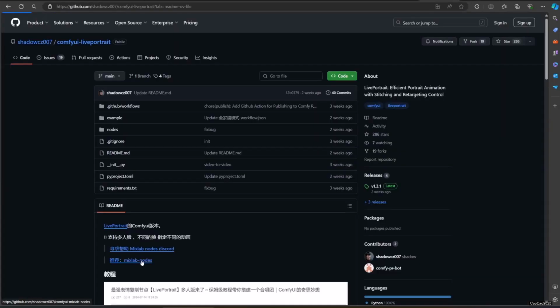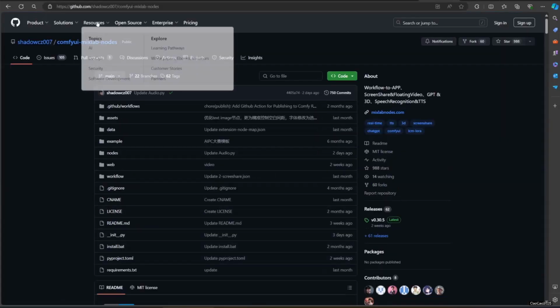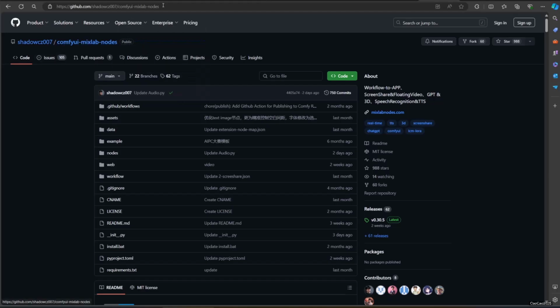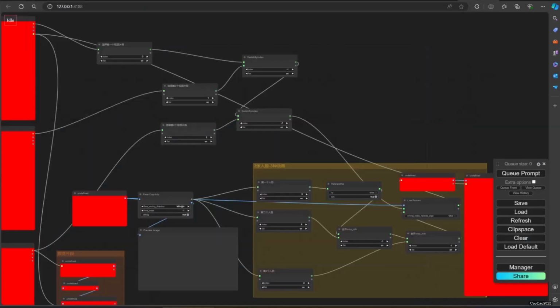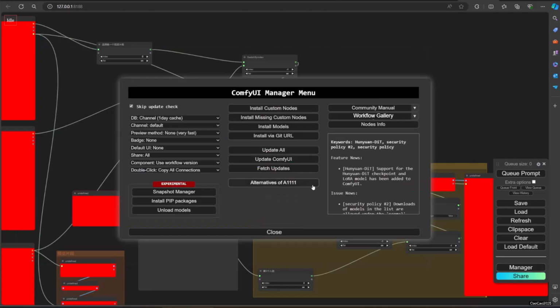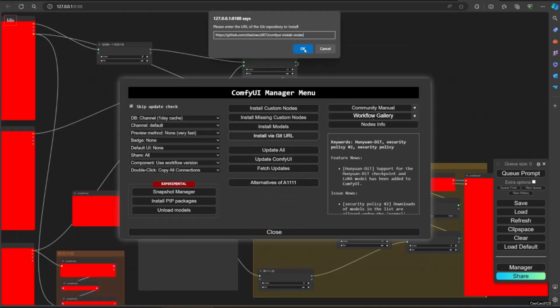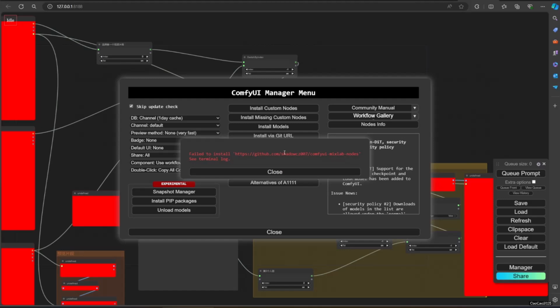Link on the description. Install it using Manager. If you experience an error like this, you might already have Mixlab nodes installed. In this case, use Manager to update it.